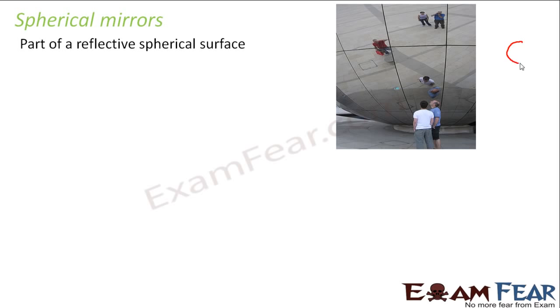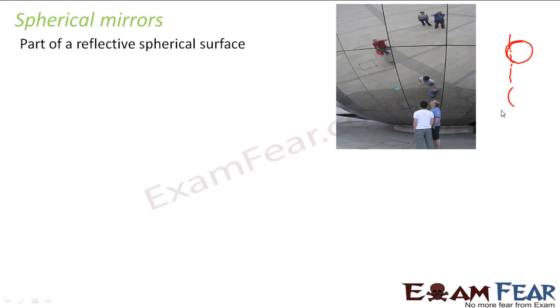You would get somewhat like this. Let us suppose you have a ball like this. Now this ball is not made up of rubber or something. It is like a mirror. You can imagine that, I guess. Now if you cut a part from this ball, you are left with somewhat like this, right? You will get a part something like this. So now this becomes a spherical mirror. So this is known as a spherical mirror.